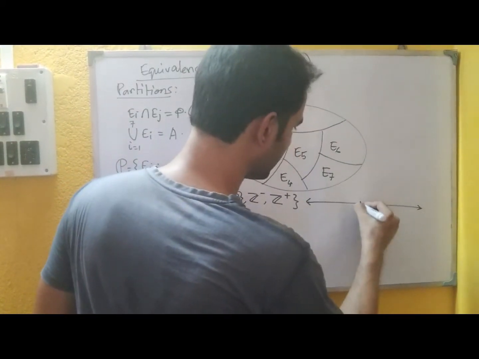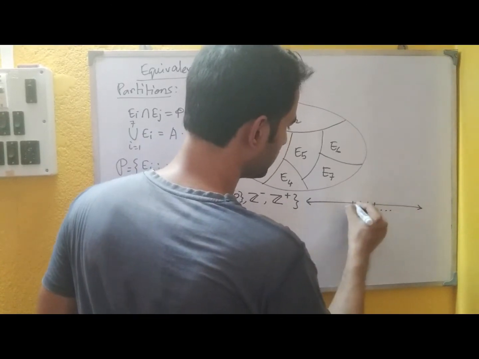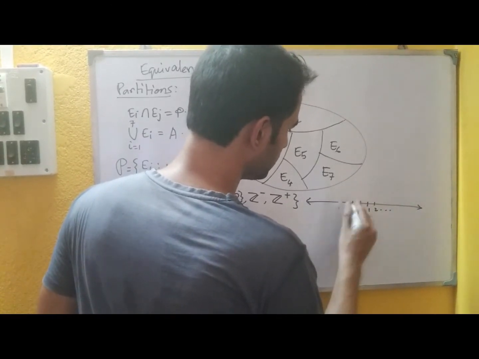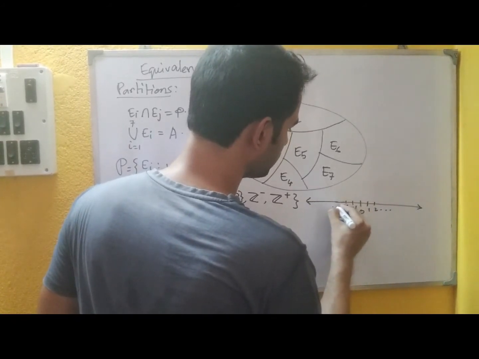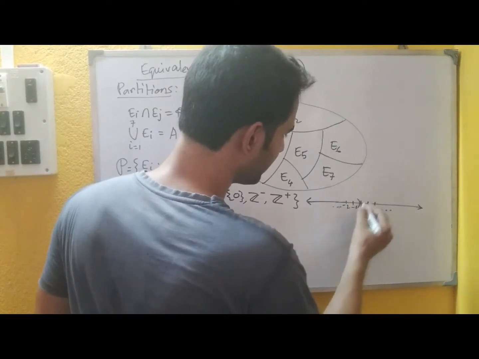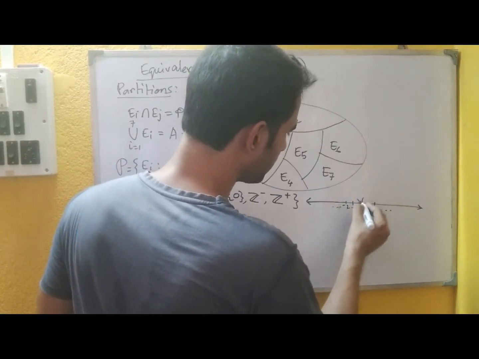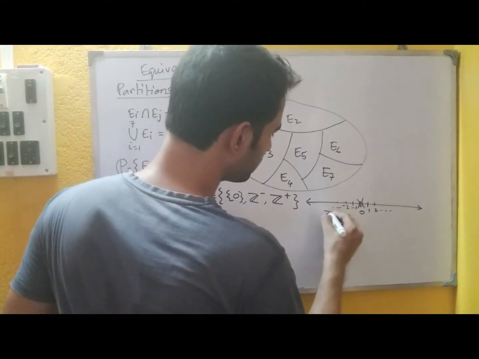If this is the real line, then here is 0 and then 1, 2 and so on. Here it is minus 1 and minus 2 and so on. Then all the numbers in the negative part and all the numbers in the positive part and 0. This will give a partition for the